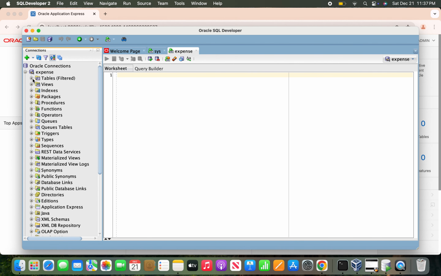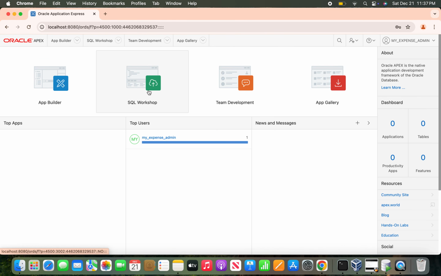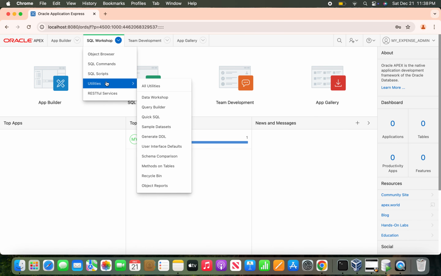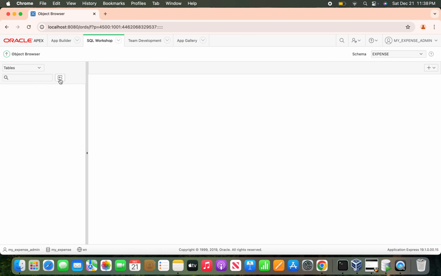We can create the tables like the sample data model I mentioned before: customer, line and loan. But in this case, I'm going to create everything through the utility inside Apex itself. So I'm going to click here and use Utilities, then go to Object Browser, and here I'm going to